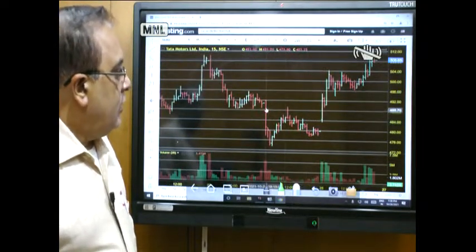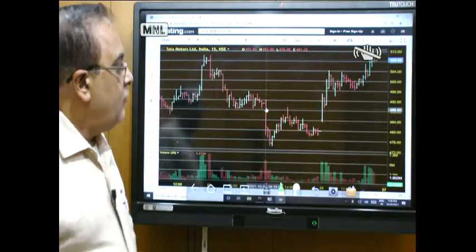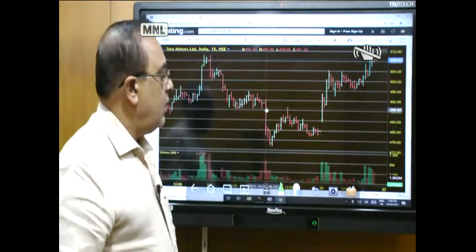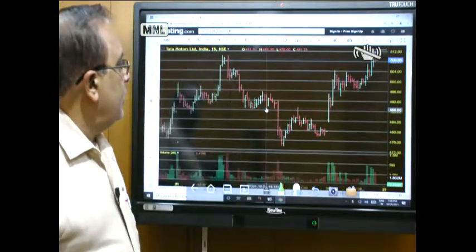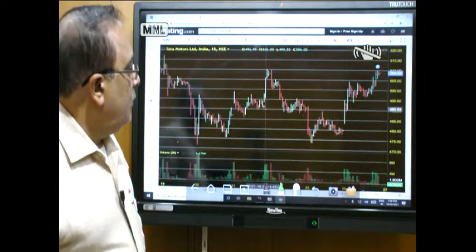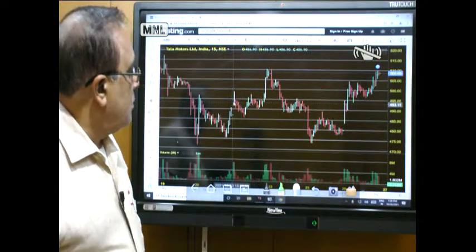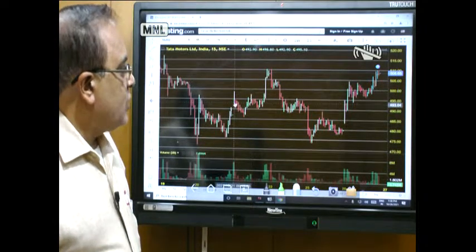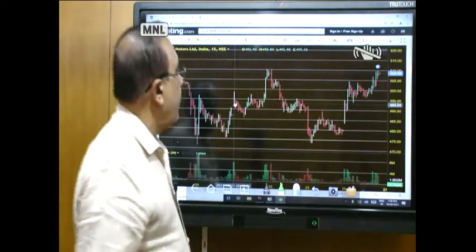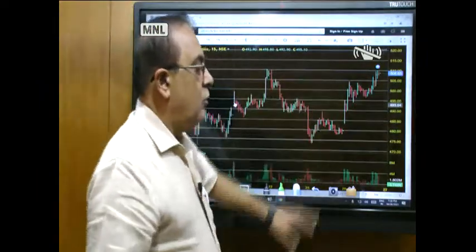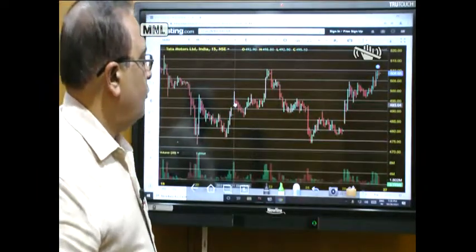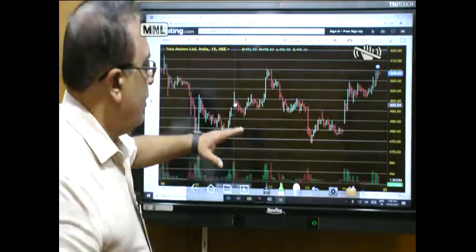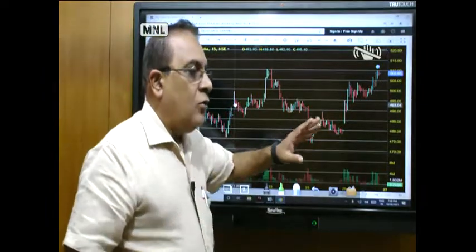Now here yesterday it had a free fall, that is open is equal to high, and on any pullback we could have made the profit there. Now on this day, the first 15 minutes chart, open is equal to 492.90, 492.90. So it looks quite bullish, and if it starts to go above the high, we can go for a long.